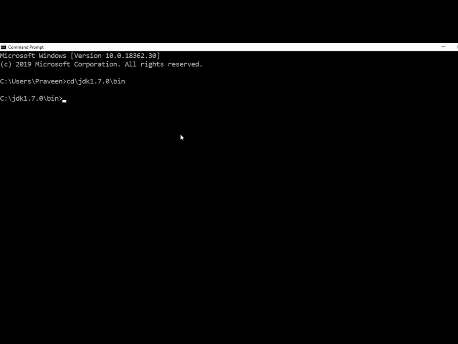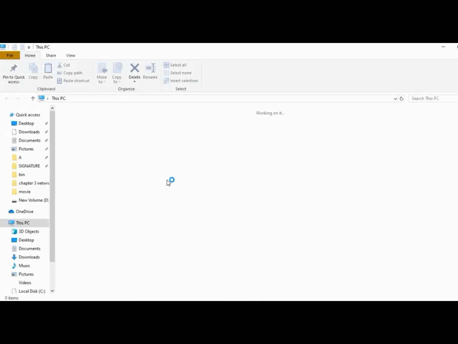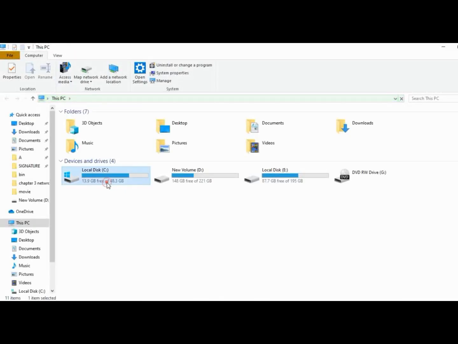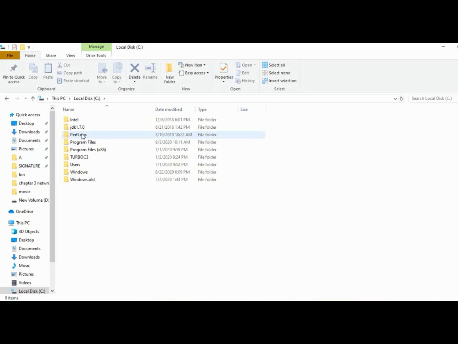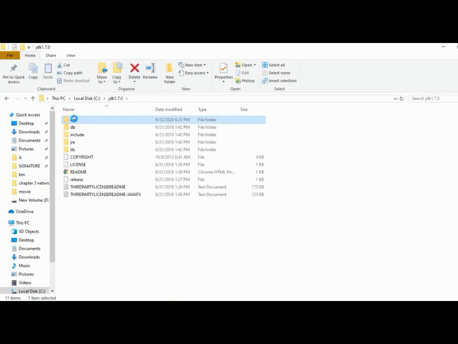If your command is correct, you will be shifted inside the bin. Now I would like to show you where that bin is. If you open My Computer or This PC, then Local Disk C, as you can see here it is JDK 1.7.0, and inside that I have bin.